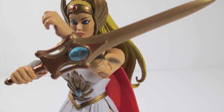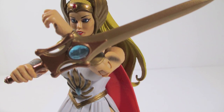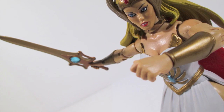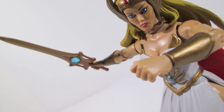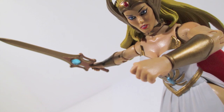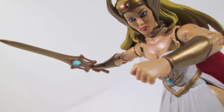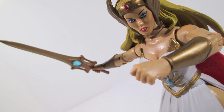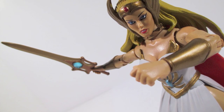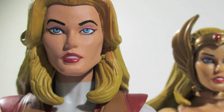I mean, you can clearly tell that they are taking cues directly from both the animated series and the original toy. The sword with the jewel placement and everything, even the color of the sword, that's taken straight out of the Filmation series. As you'll see with the alternate head and the weapons, they took some details right off of the original figure, which I think had a terrible design. I mean, this was in there, but with all the crap on her, it was a terrible design. And I'll go through that a little bit more with accessories, because a lot of those elements start showing when you